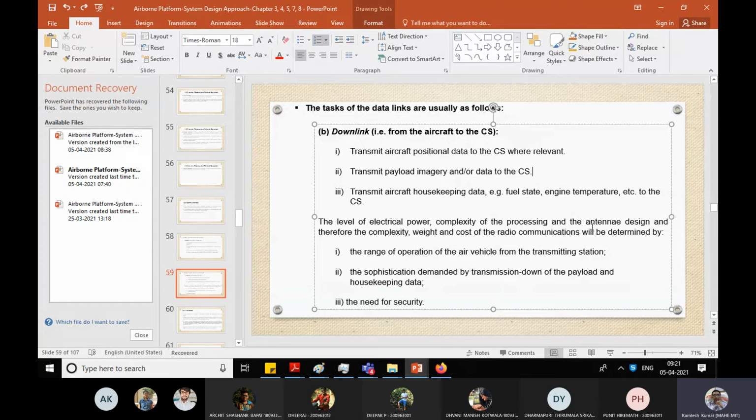If you check all this: the range of operation of the vehicle from the transmitting station, the sophisticated transmission demanded down of the payload and housekeeping data, and the need for security. So all this design can be determined by these factors. Either go with the electrical power, processing power requirement, antenna design, all those. So it all depends on the complexity, weight, or cost of the equipment